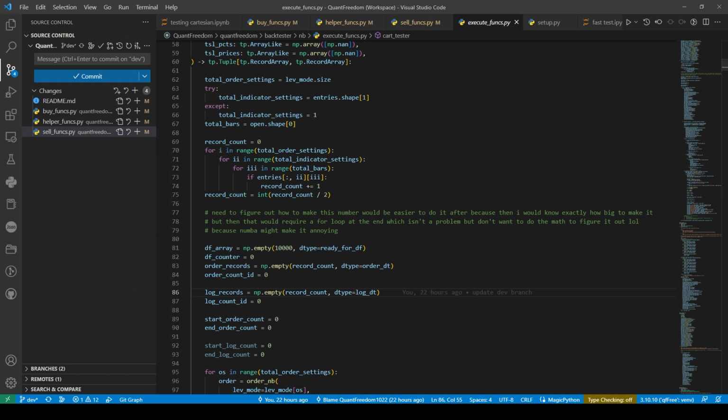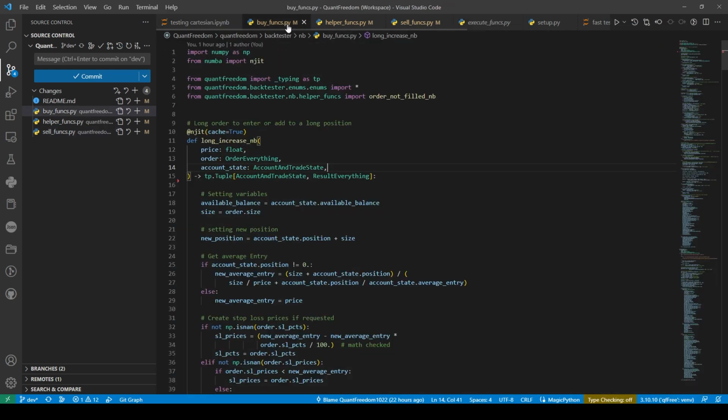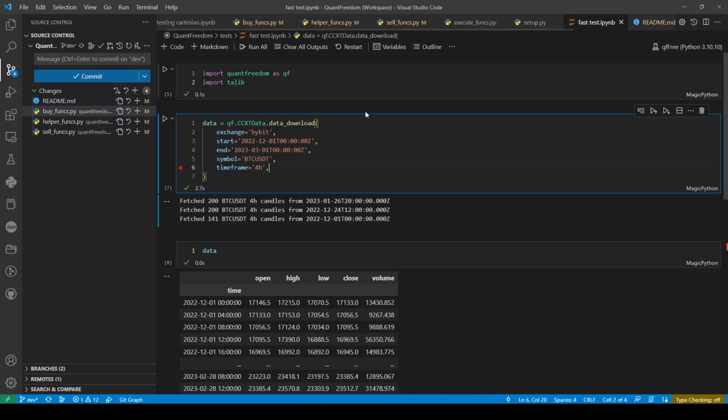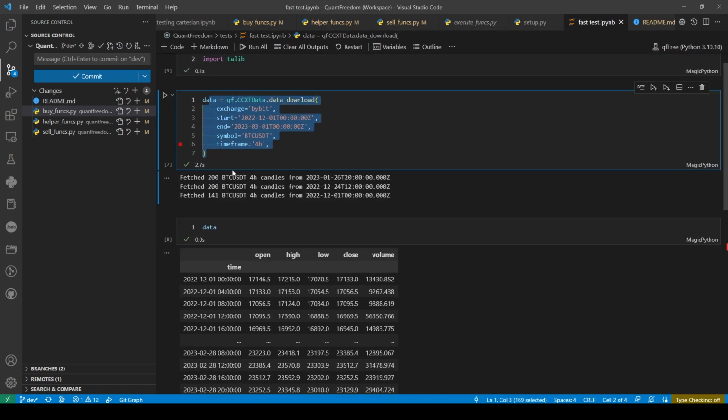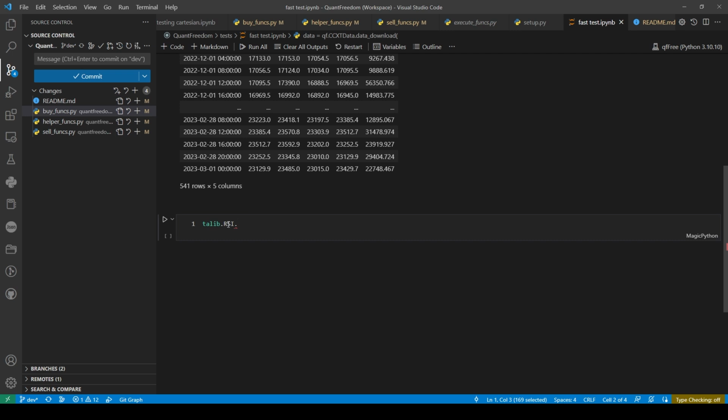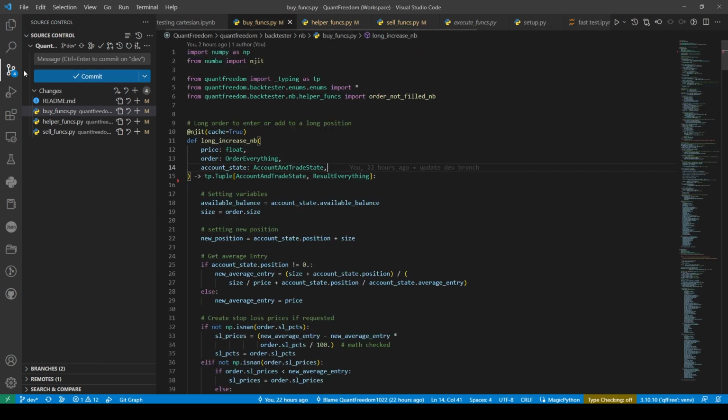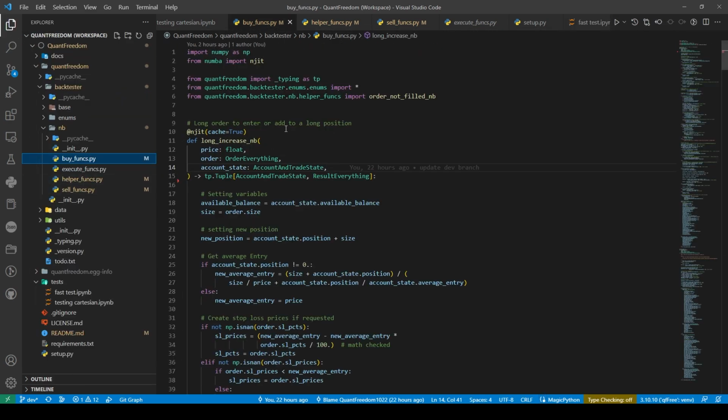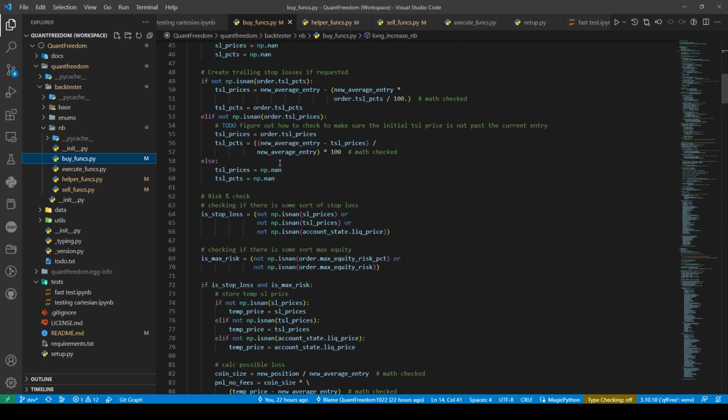It made me realize that I really need to get this thing finished with the test. So we've got this. Then I need to learn how to do the TA lib with the RSI. Then once I do that and this free version part works, I need to go and really make the tutorial section. So I need to go through all of these by functions and sell functions